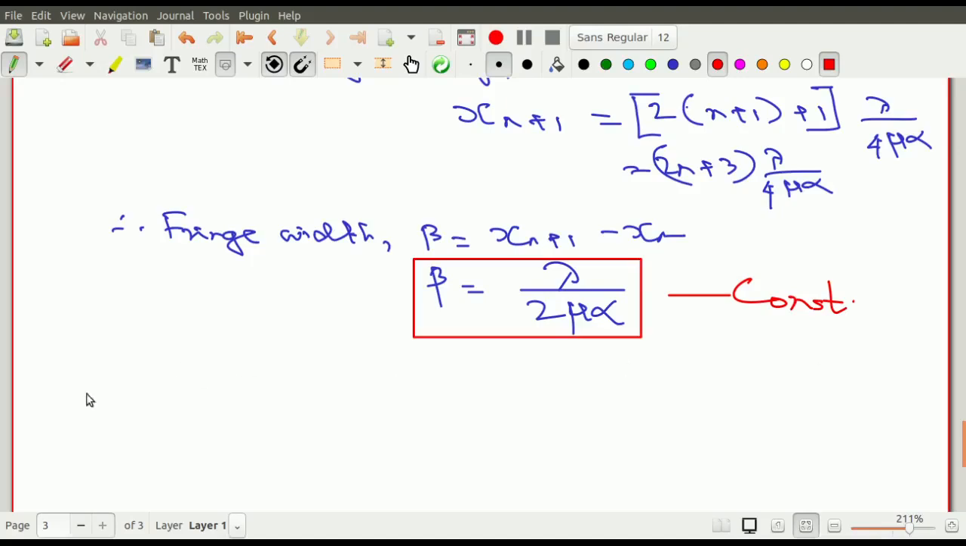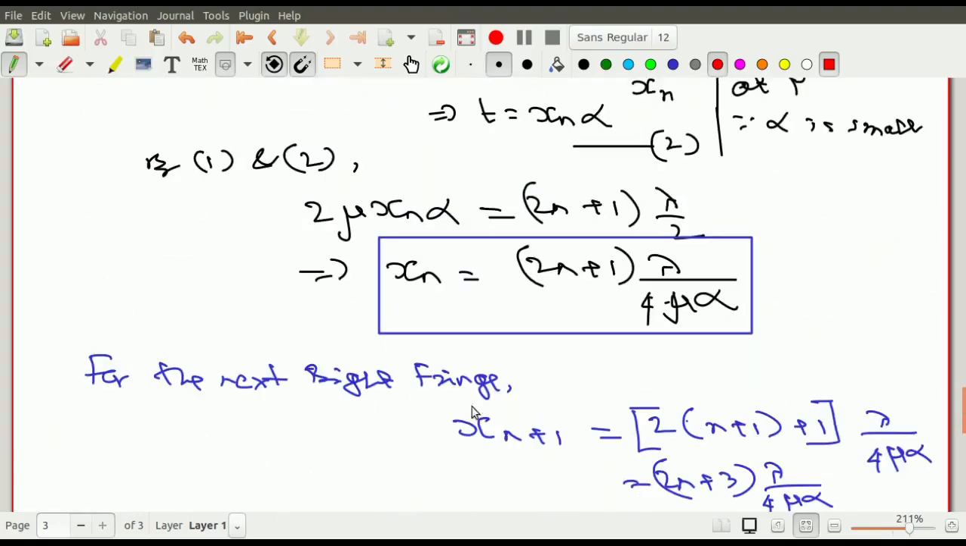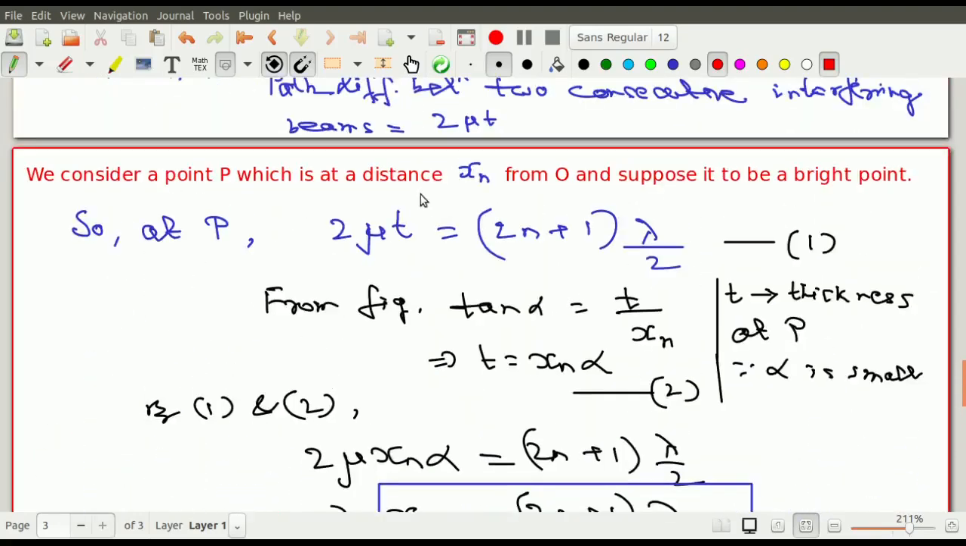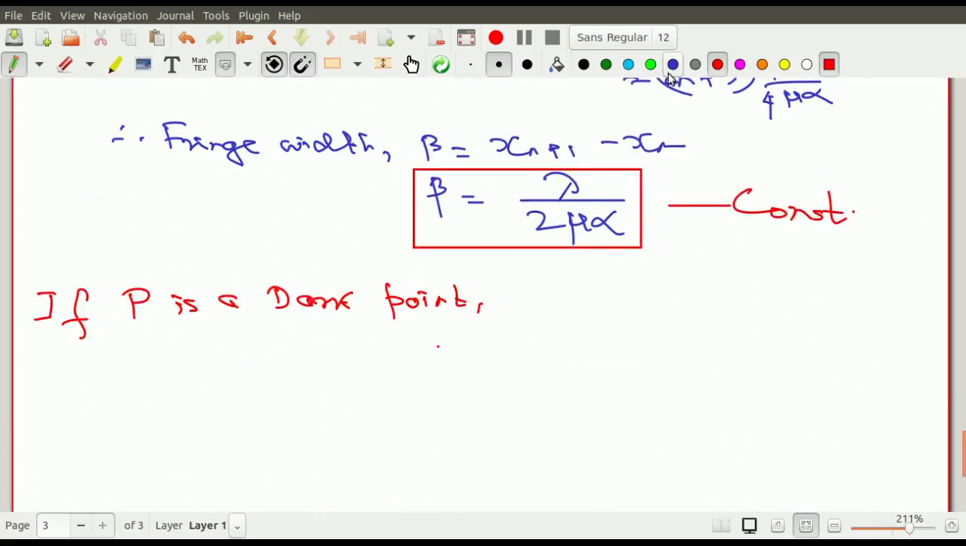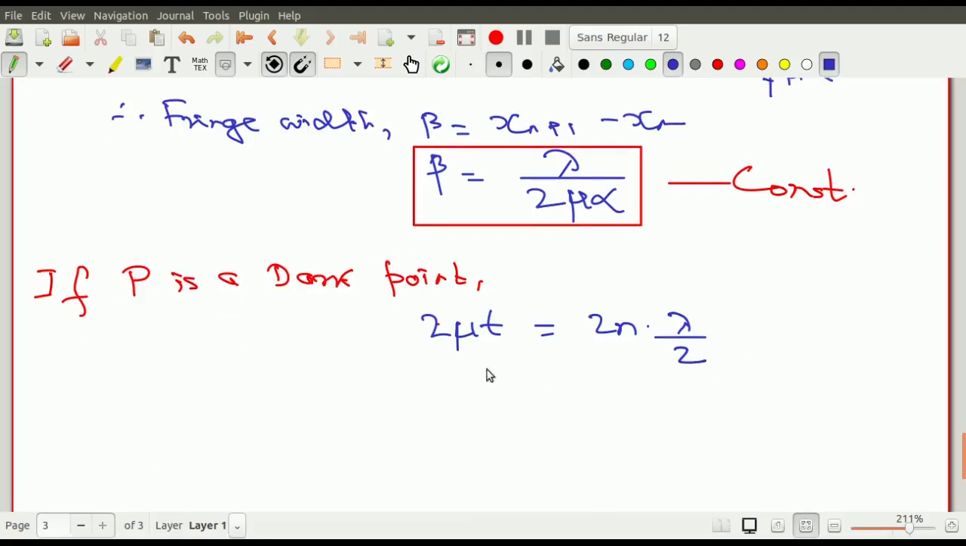Now if p is a dark point, then the calculation will be repeated by you, তাহলে এই গোটা ক্যালকুলেশন তোমরা নিজেরা রিপিট করবে, you will do it, কোথা থেকে শুরু করবে সেটা খালি বলে দিচ্ছি, so you may have to start from here, 2 mu t equals 2n into lambda by 2, dark point এর কন্ডিশন কি ফিল্মের জন্য, for the film, so 2 mu t হবে, আর ডার্কের জন্য কি, it is 2n into lambda by 2,